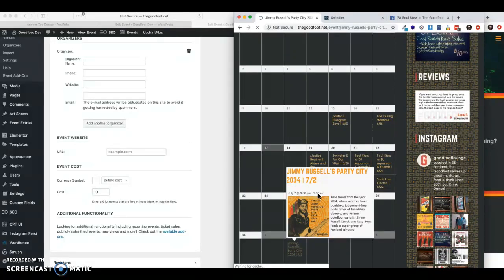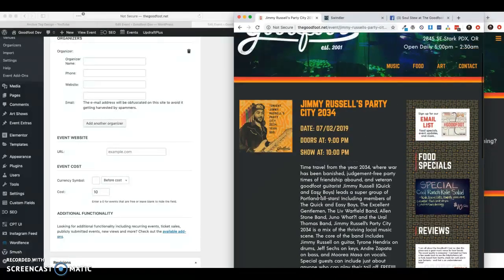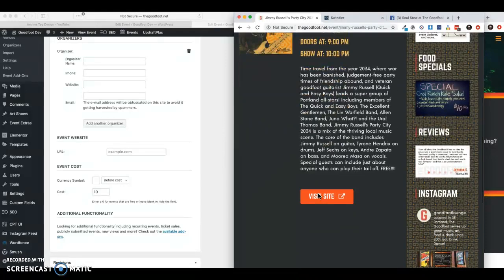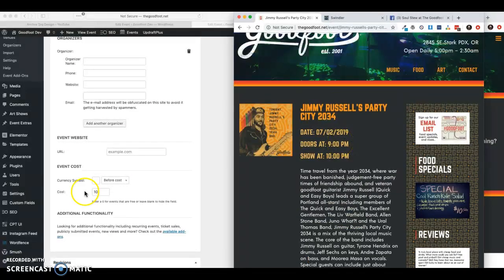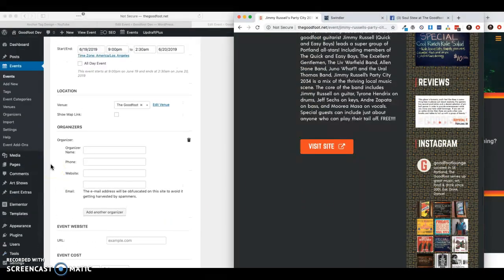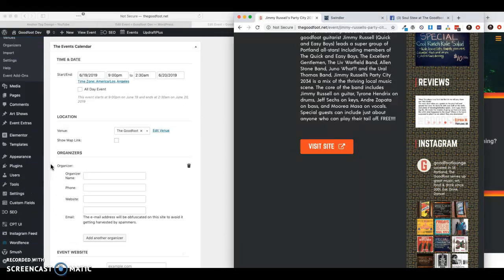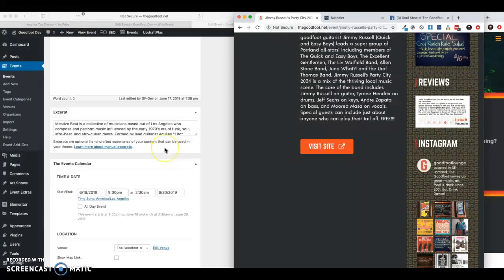That is going to there. I'm just leaving that there, but we're not getting event cost showing up. And I thought that would show up on the calendar. It's good to kind of do these things, so we're working the kinks out. All right, anyways, I think we're pretty good to go here.